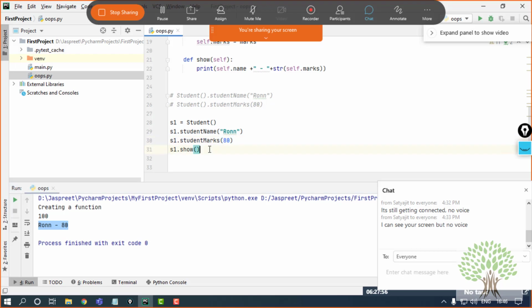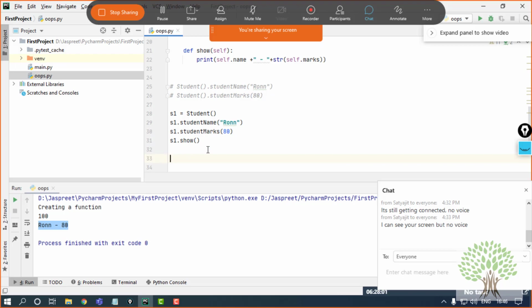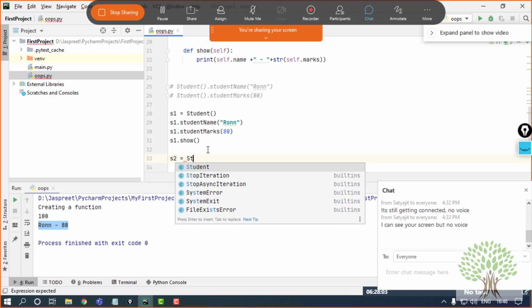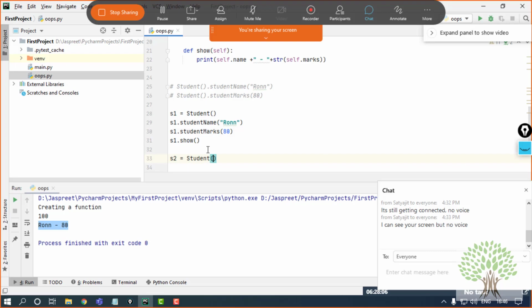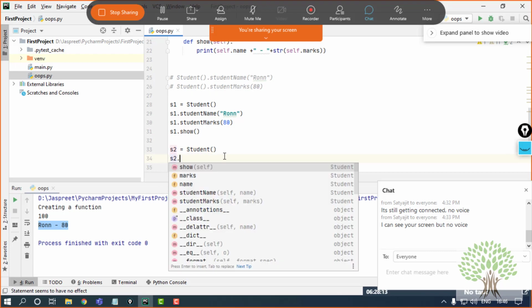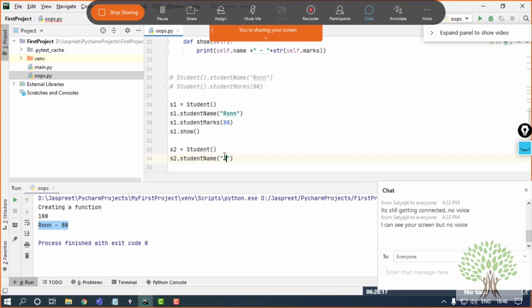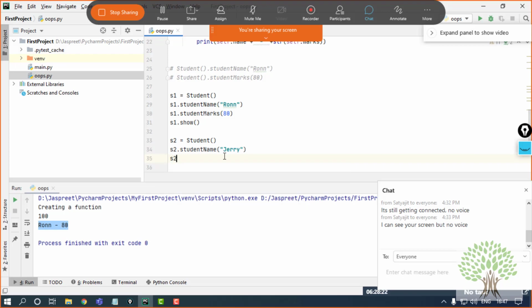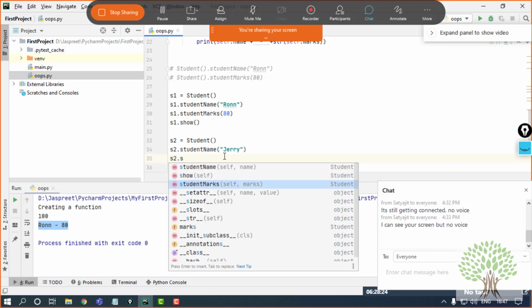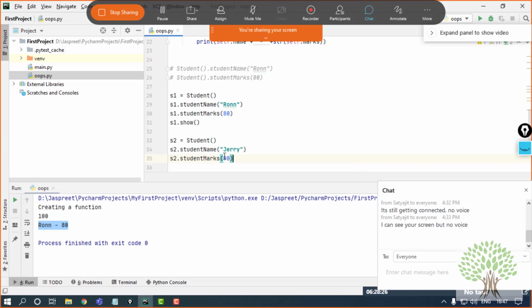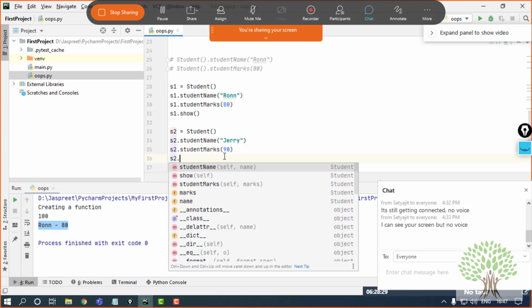The same way, if I create a second object and give it a different reference, let's say s2 is equal to student. So this time a second object has been created whose reference is s2. So I can give the second student's data over here, student name, let's say Jerry, and marks of Jerry are 90, let's say, and over here I'll call the show function.